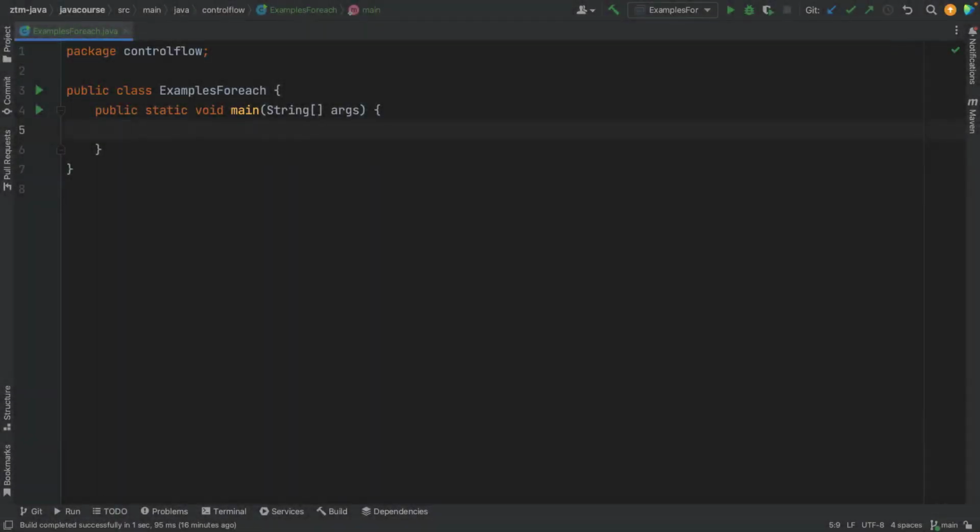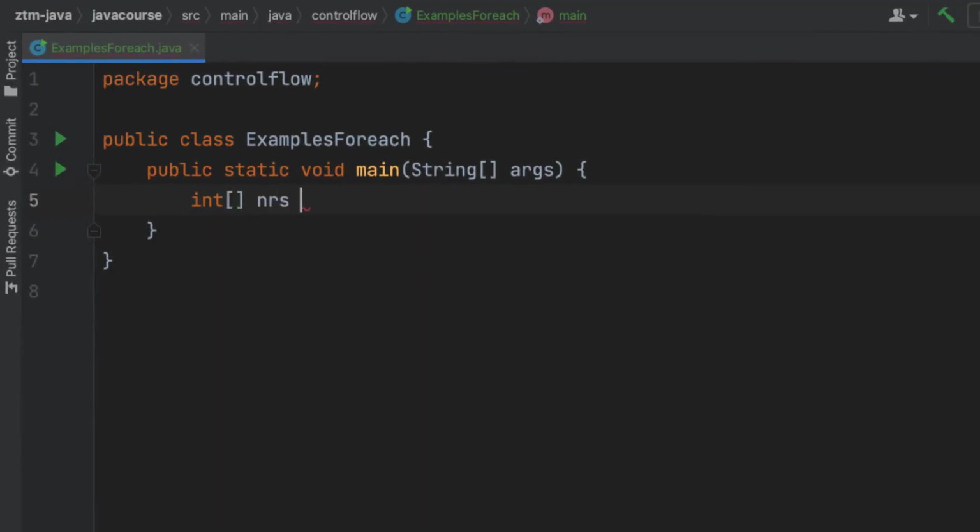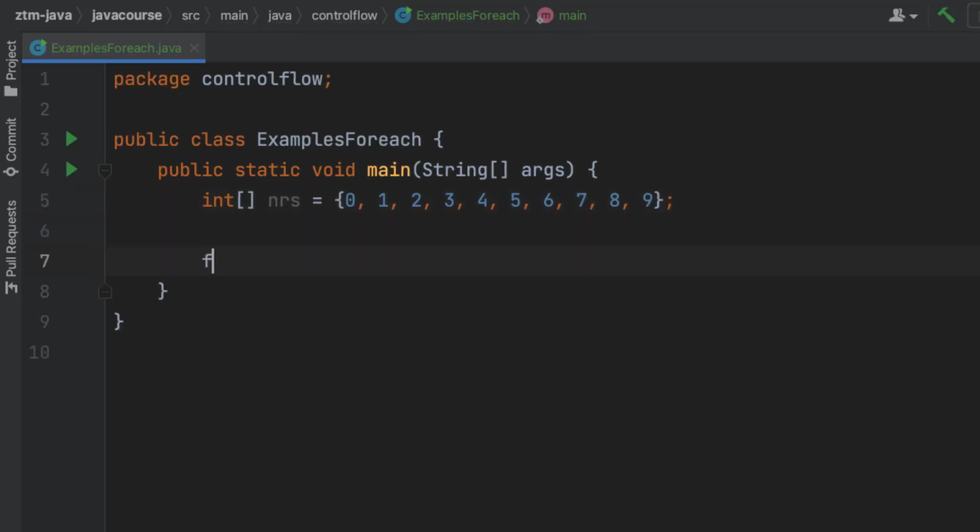Alright, let's have a look at some examples of the for each loop. Let's start with the basic example. I'm having an array of numbers here. And I'm going to start with a very easy example. I'm just going to iterate over the numbers here. So I'm going to say for every int number in my array of numbers,